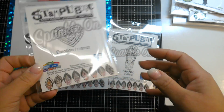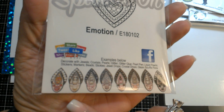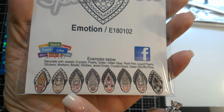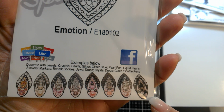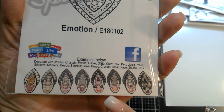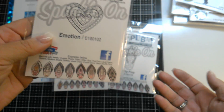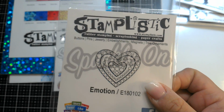Now what they were doing, I don't know if you guys can see the images here, is they actually sell Swarovski crystals, jewels, and they stamp these images out, and then they put all of these pearls, jewels, gems, crystals on them, and they make these beautiful cards. However, I wasn't thinking about that. I was thinking about,